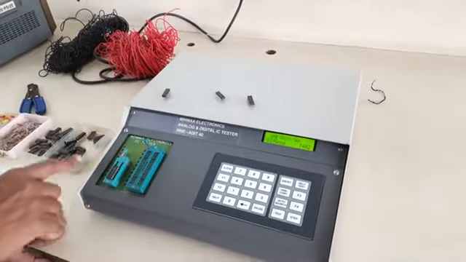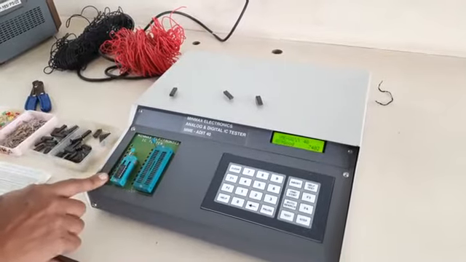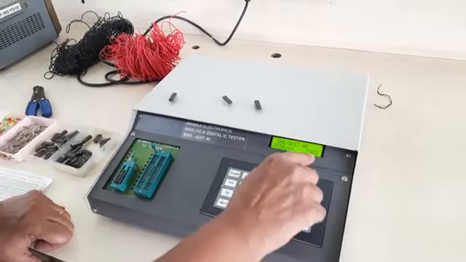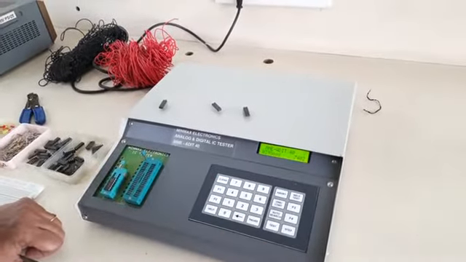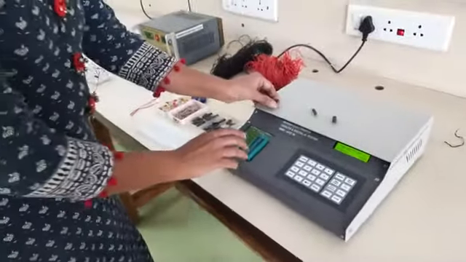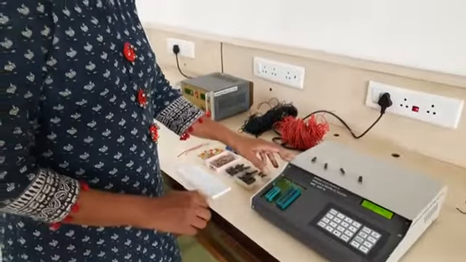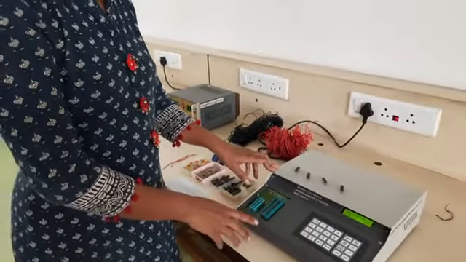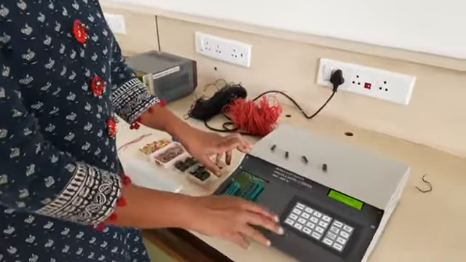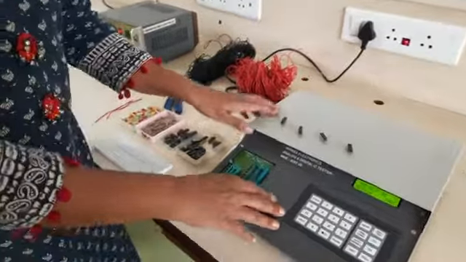So as you see the buzzer is not on and the IC is good. 7402, that IC is good. So like this we can test different ICs on this IC tester.